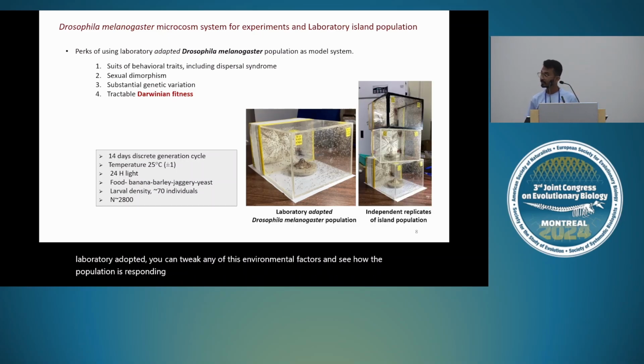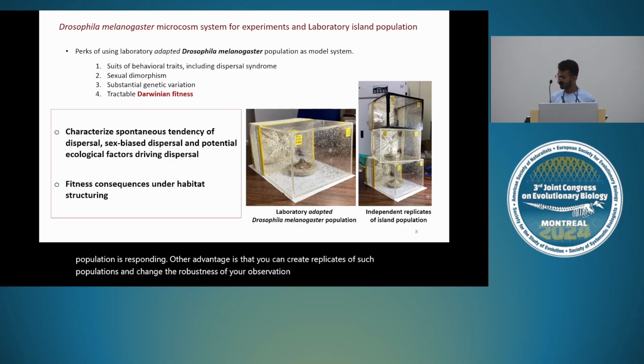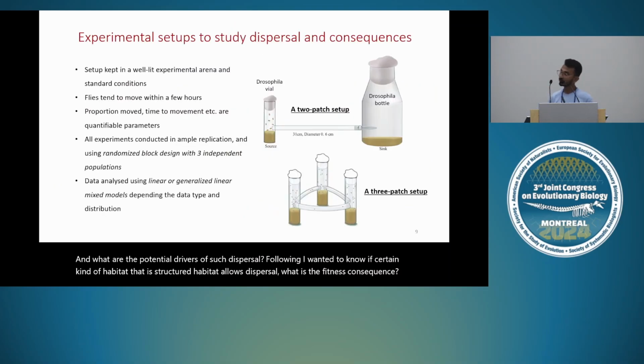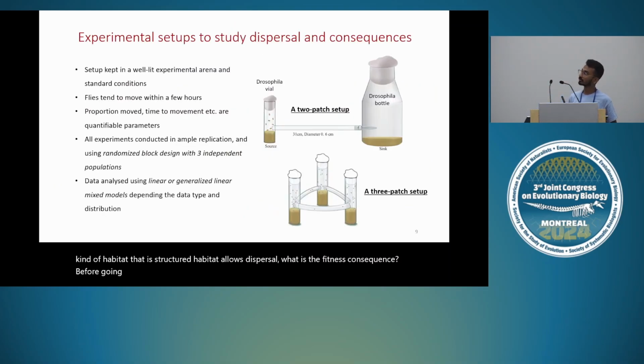Another advantage is that you can create replicates of such populations and check the robustness of your observation. By using this system, first I tried to understand the dispersal and whether there is sex difference or not, and what are the potential drivers of such dispersal. Following, I wanted to know if certain kind of habitat, that is structured habitat, allows dispersal, what is the fitness consequences. Before going into the details of the talk, I would like to introduce you the experimental setup that I've